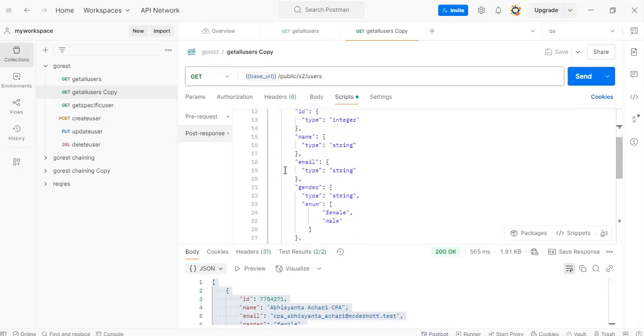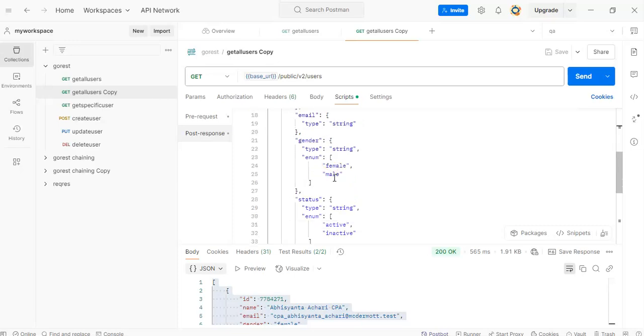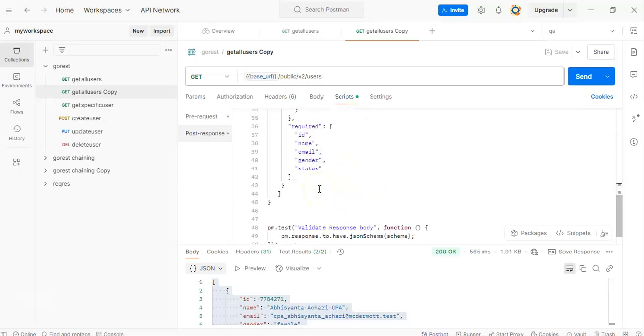Additionally, I have added for gender one more thing, enum. I want only male or female to populate for gender. Status will be active or inactive. We can keep the comma and write enum colon square brackets, active and inactive. I am expecting status should be only active or inactive. Once it is pasted,